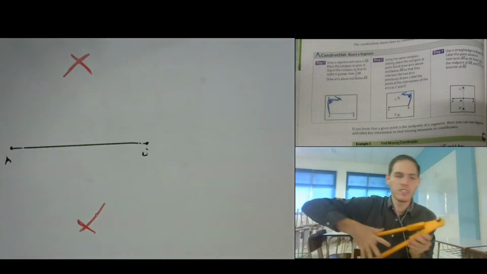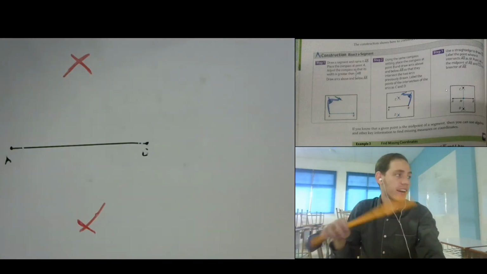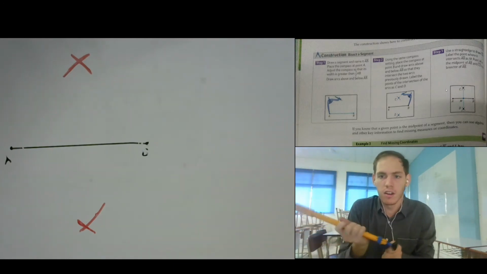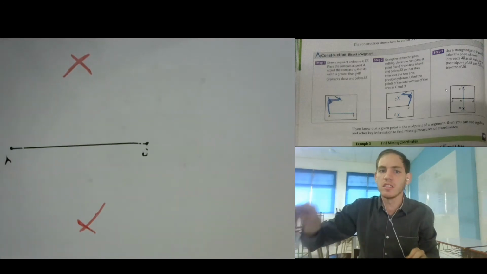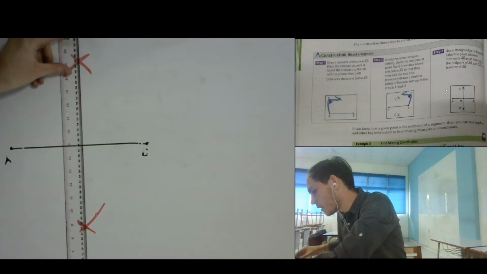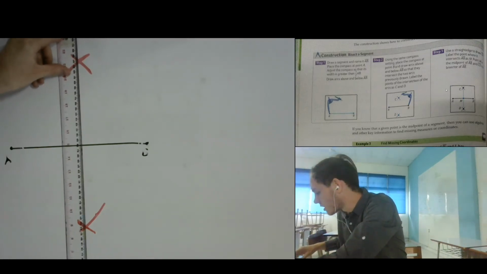Okay, now notice, you see the X right there? That X is actually going to be our 2 points. And this is for the bisector. So if we take these 2 points, line them up with the straight edge, doesn't have to be a ruler,